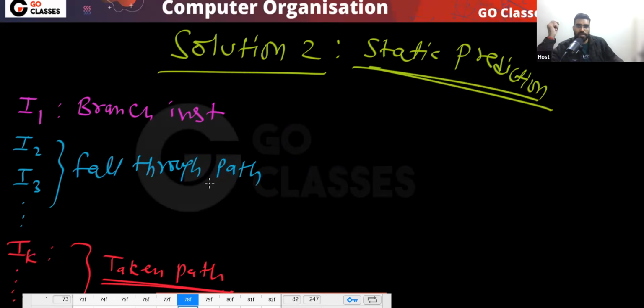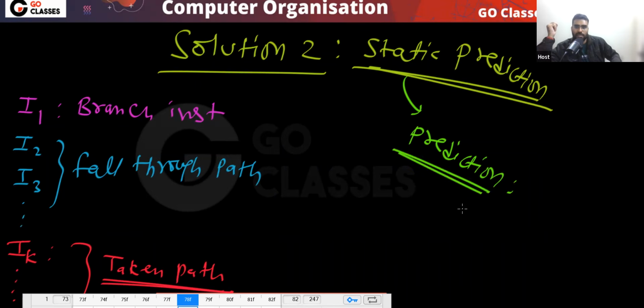Okay. Now you tell me, there are 2 types of static prediction. Prediction 1 is static prediction. What prediction you can do? You can do this prediction: just do not take it. Because this is static prediction, so you cannot use your brain, right? You have to decide once and for all what to do. So this is the prediction you are making, that not taken.